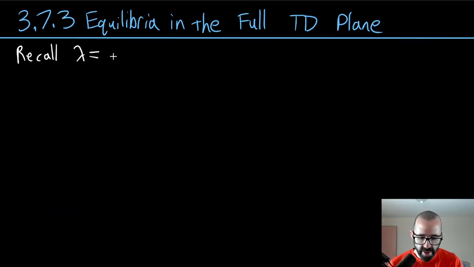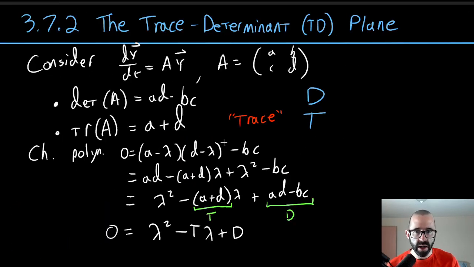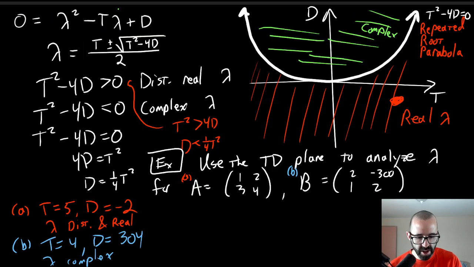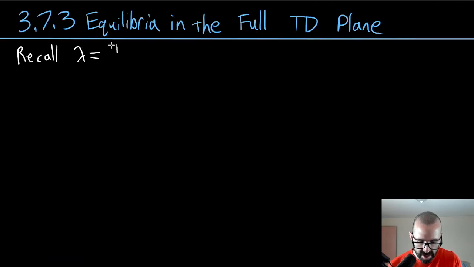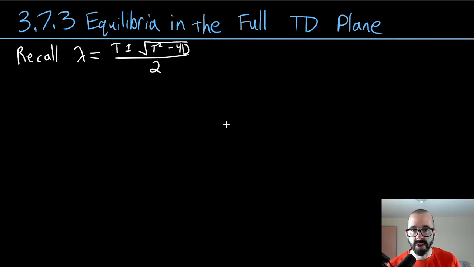So let's remember that in terms of the trace and the determinant, what was our eigenvalue? We found it by looking at the characteristic polynomial and noticing that, oh yeah, the trace and the determinant appear in the characteristic polynomial. We can use the quadratic formula on that to get that lambda is equal to t plus or minus the square root of t squared minus 4d all over 2. We're going to be using this for the entire video because